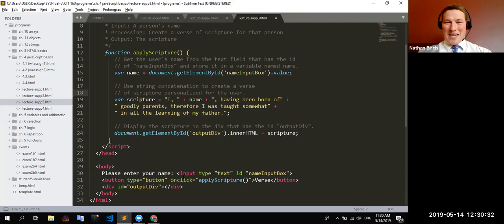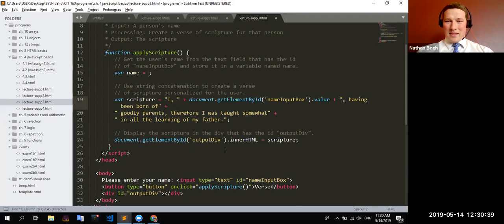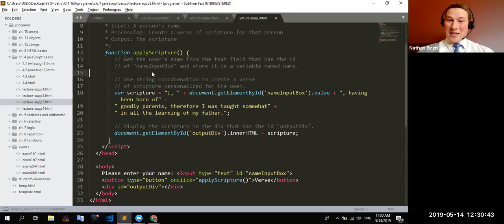With that said, I don't have to have it like this. If I wanted to, I could put this whole thing right here, and JavaScript wouldn't care. I don't technically have to use the variable name right here to save that. Instead, I could just get this value and then automatically save it to scripture.